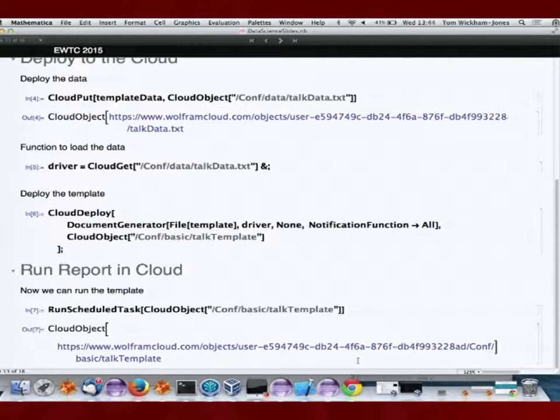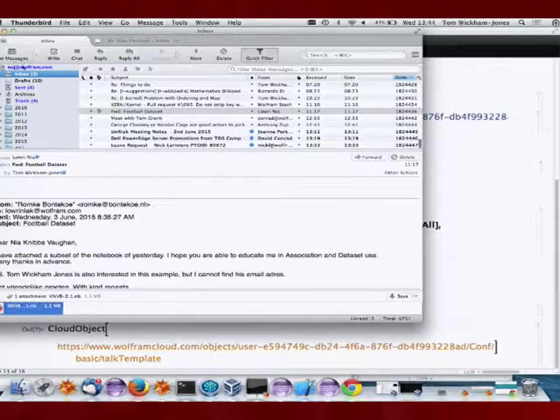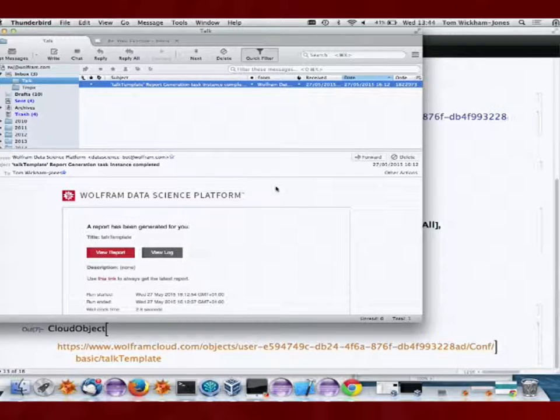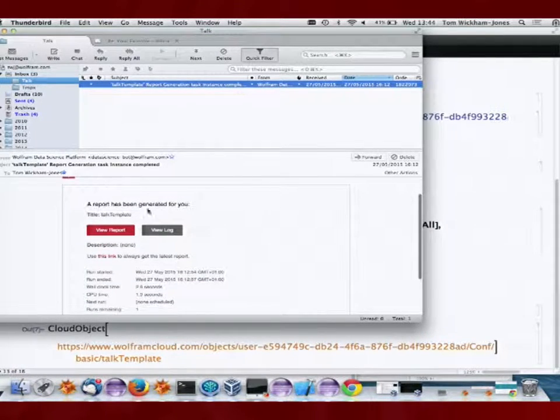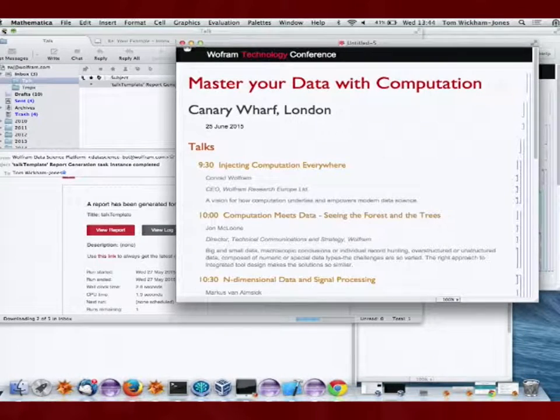I've set up this run scheduled task here, and then if I look at my email, given the time constraints, I'm just going to show you what happens: I get emailed a report that tells me this computation has run in the cloud. It emails out the results, and that's a pretty nice workflow to process data and utilize Mathematica computations in the